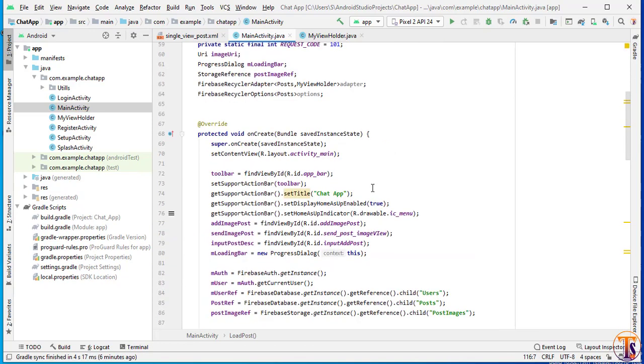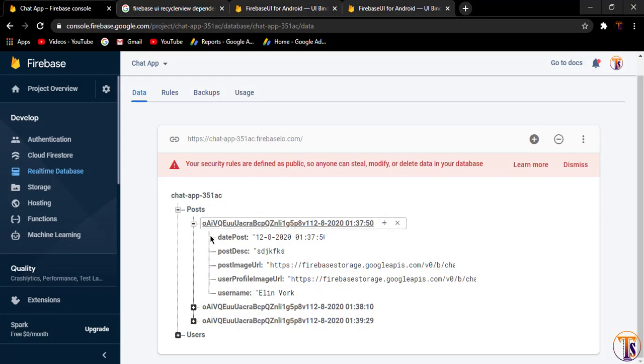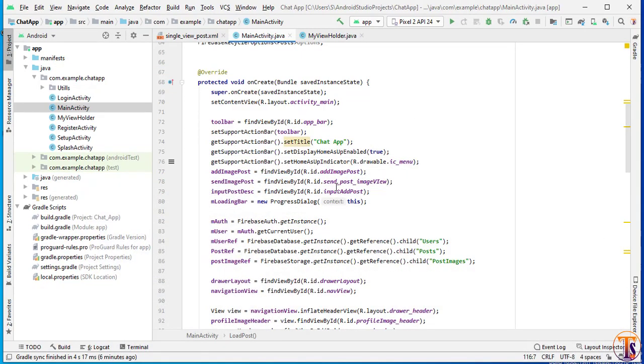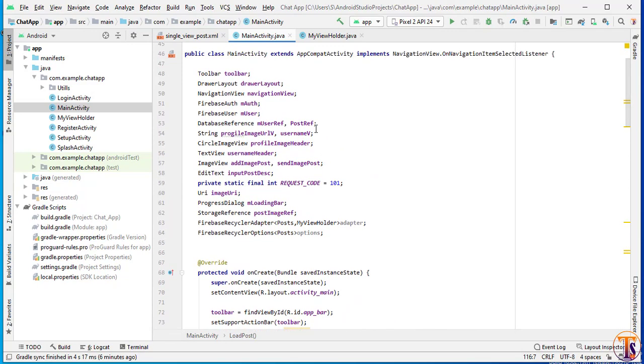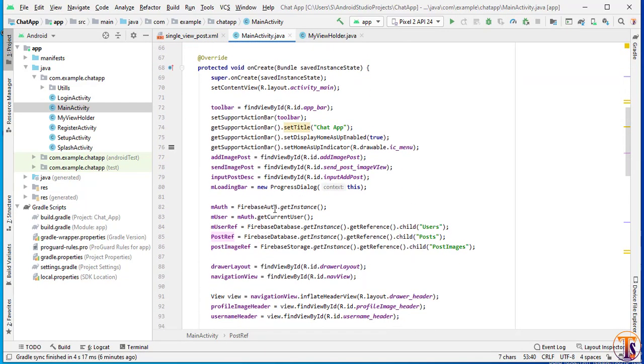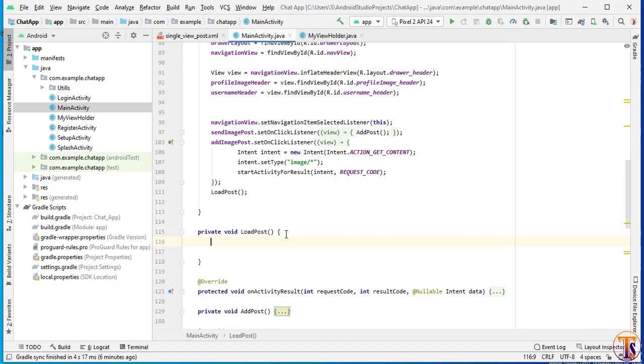Now we need a database reference where we have to fetch the posts. So if I open my database, here you can see here is the database reference. So here we need to fetch the data. So I will create the reference for post. So here we have database. So here is postRef. So I will use the same postRef inside this loadPost.